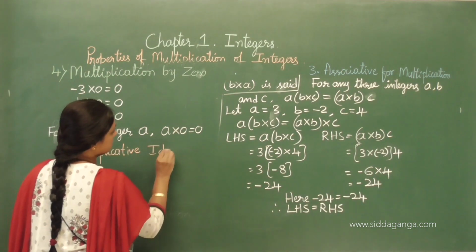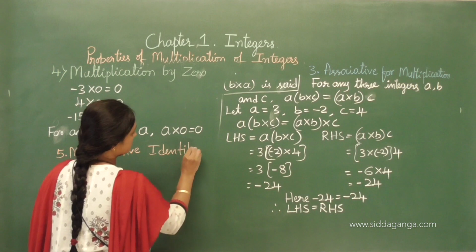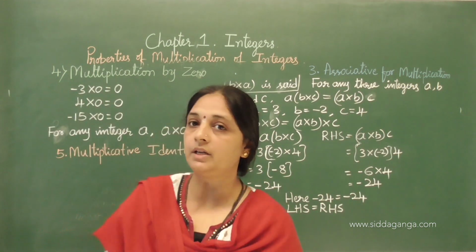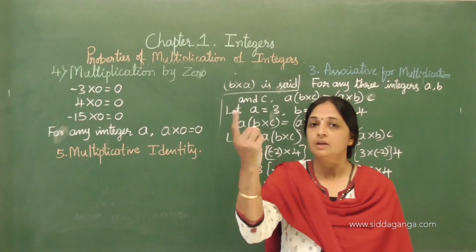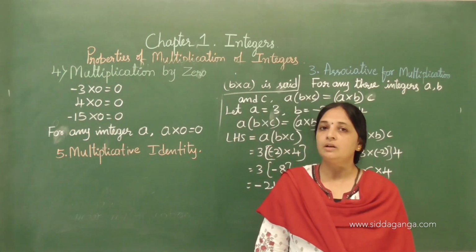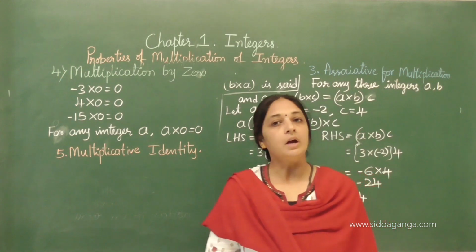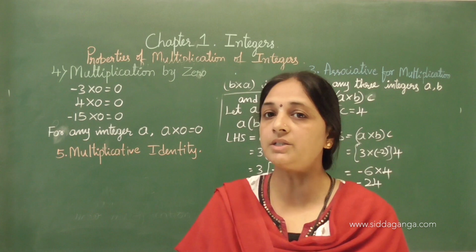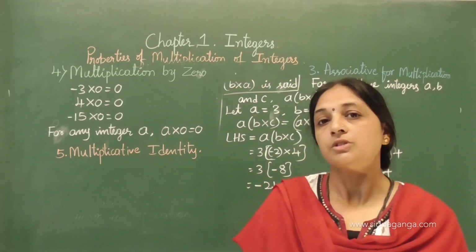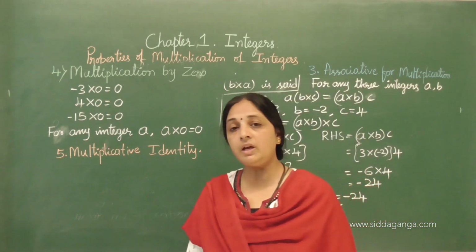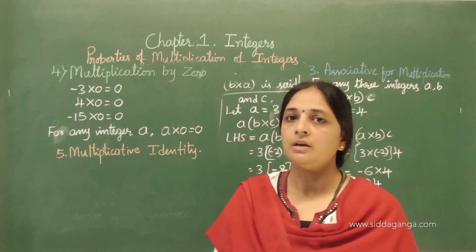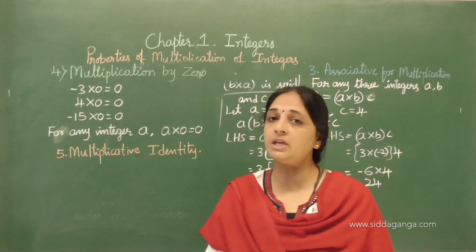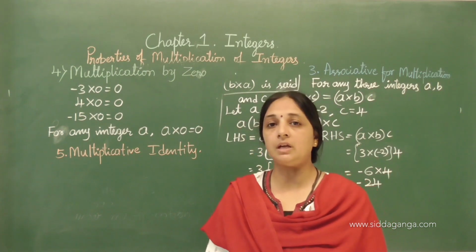Multiplicative identity. Okay. So what is multiplicative identity here? Before that, recall the additive identity. What's additive identity? It's 0. So when we add 0 to any integer, the sum remains the same number, the taken